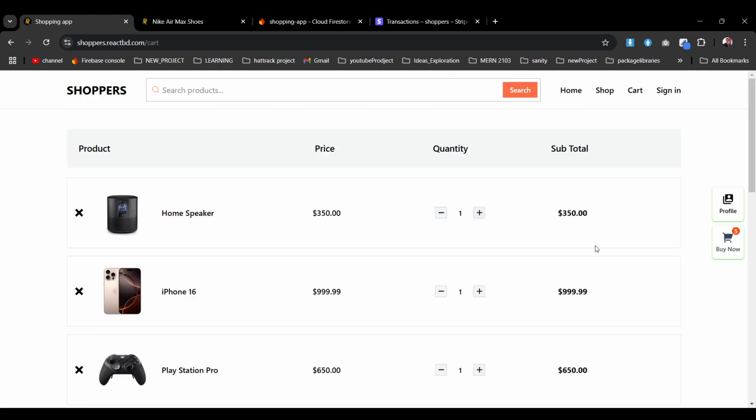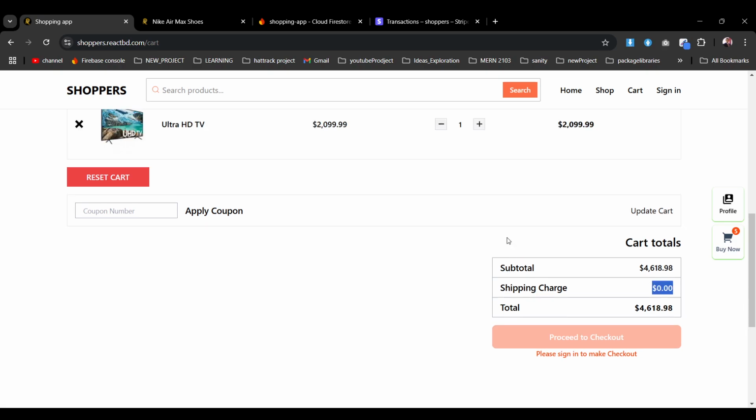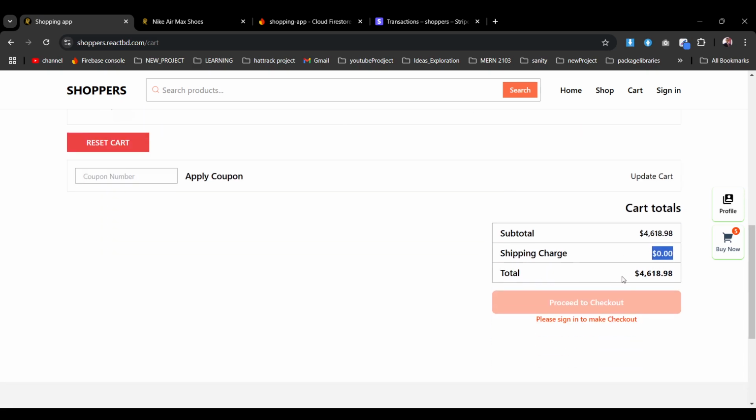And let's click on buy now, and that's the side menu bar. From here we can also toggle through. As soon as we go down here, we have the option to apply a coupon, and after applying we can update our cart. Then here are the cart totals. We have the subtotal amount of 4618.98, we have no discount yet, and for the total of